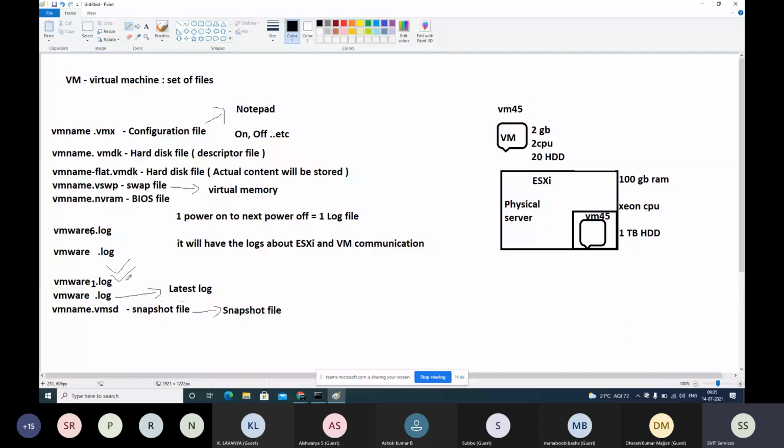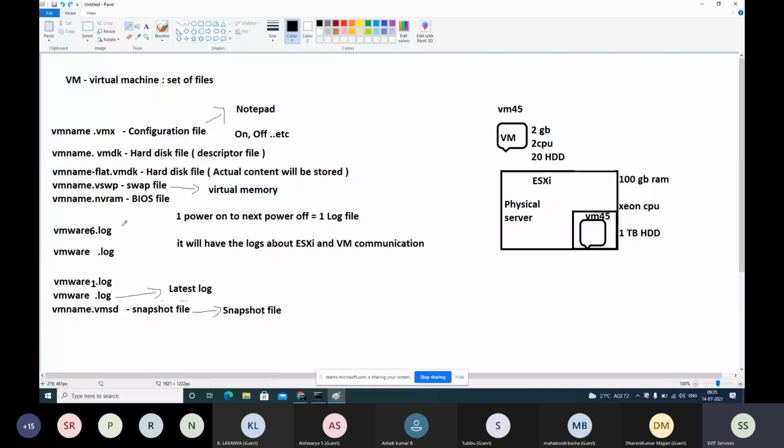Max 7 will be there. In real time, maximum 1 is more than enough in most of the cases. 80 to 90% of cases, only the latest log file is enough. For some reason, if you want to understand even what happened before, check the previous one, previous to previous one, maximum 3. Okay, more than that, it's not needed at all. But still, there are 7 log files total available. That's why the 8th one is practically not needed, and it is not possible also.